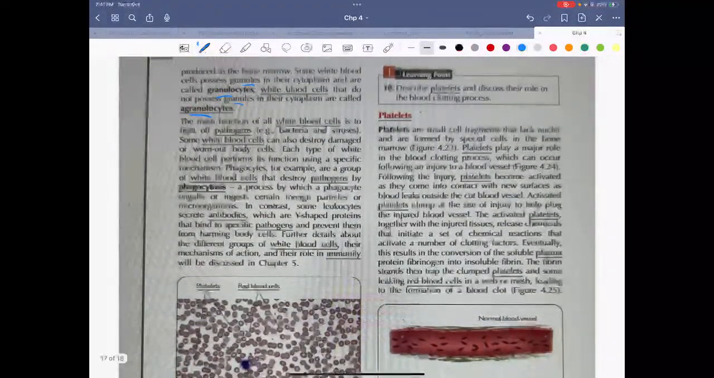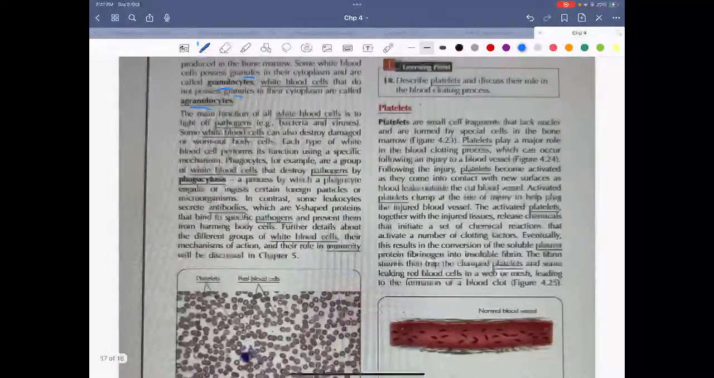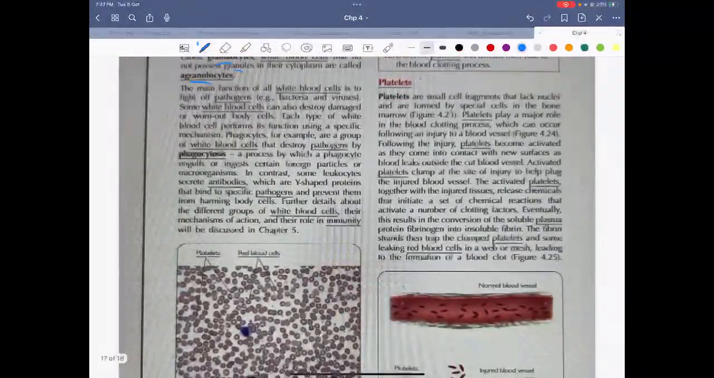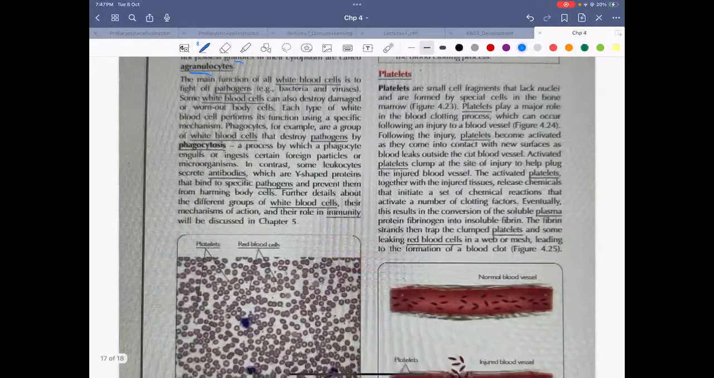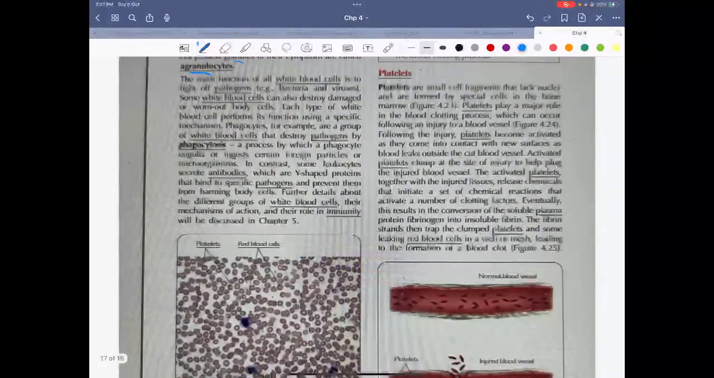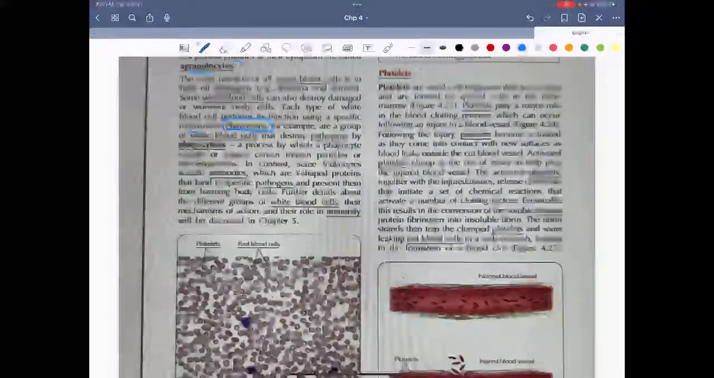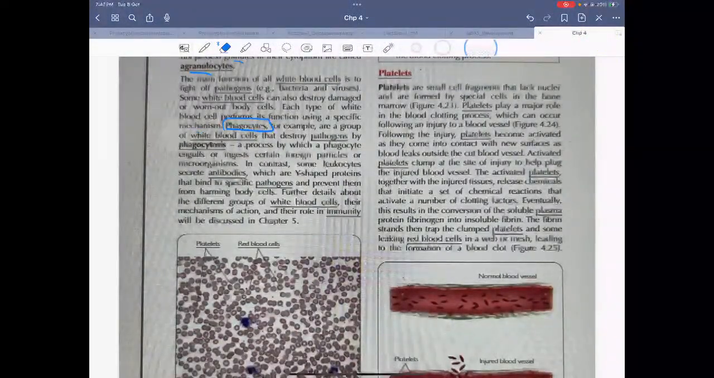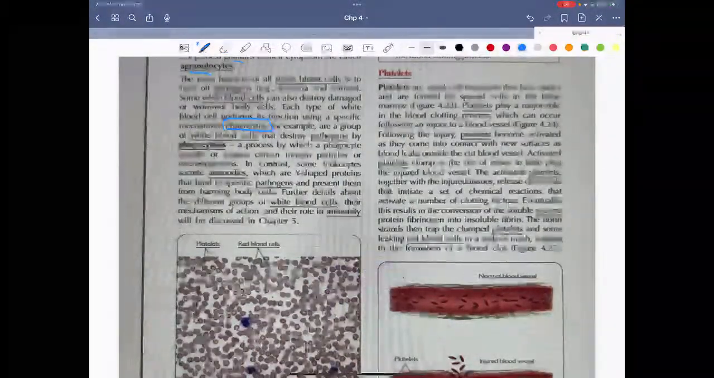So we talked about the function of white blood cells, which is to fight pathogens, which are bacteria and viruses. And they can also destroy damaged or worn out body cells. Now, each one performs a specific function using a specific mechanism. So we have different groups of them. We have a group called phagocytes. Now, what do those phagocytes do? From the name, phagocytes,